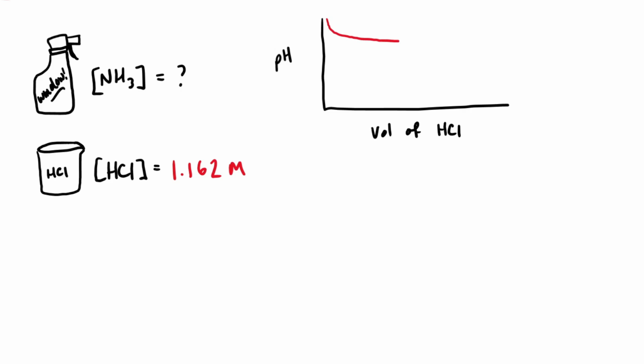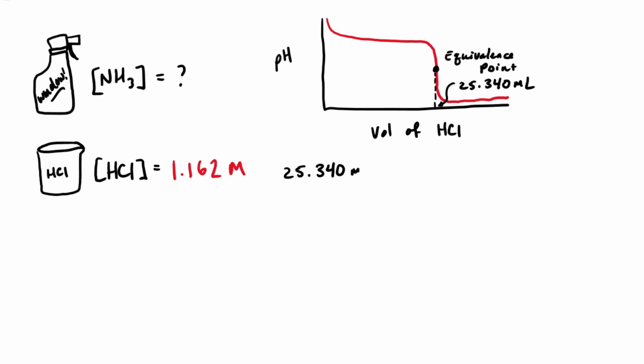Eventually, though, we add more moles of HCl than there were of ammonia in the first place. The additional hydronium ions have no base to react with, and so the solution pH drops quickly. That's our equivalence point. Adding more acid past this point will continue to gradually drop the pH, but it isn't telling us anything new. So if we find that it takes 25.340 milliliters of our 1.162 molar HCl solution to reach the equivalence point in our 10.000 milliliter ammonia sample, then